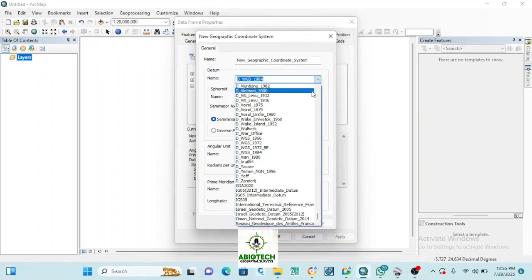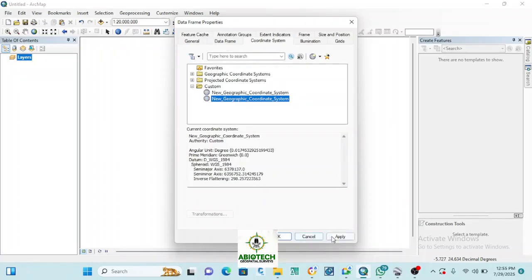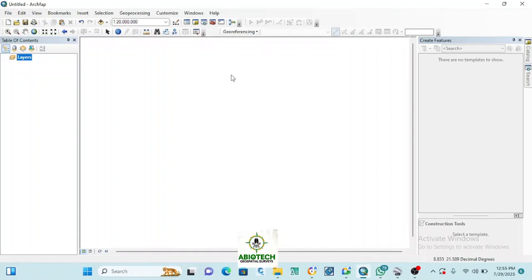So you click on WGS 84, and it is in degrees, so you leave the rest like this, then you apply, then okay. Here as well, you apply, you click on okay. So this our page now is configured with respect to the WGS 1984